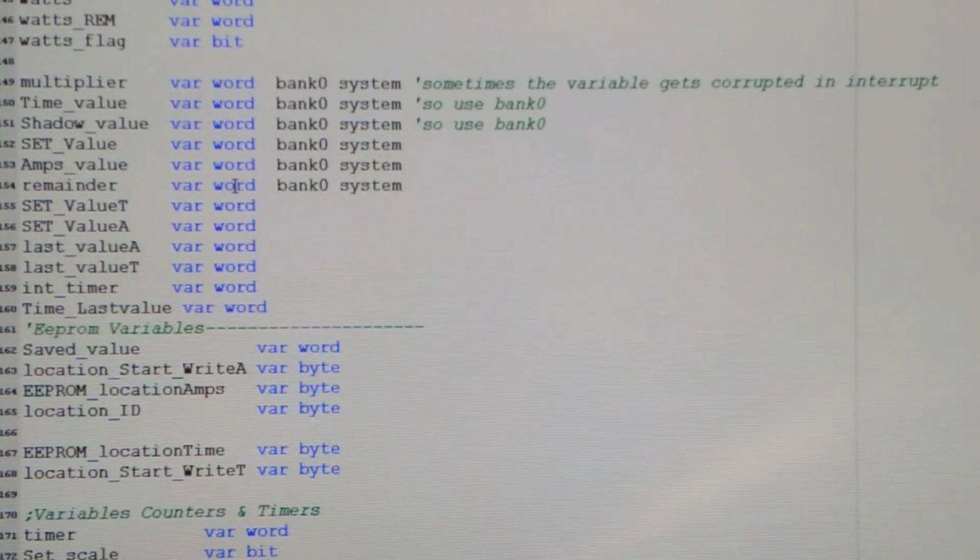Okay. This bank 0, this is regarding where those variables are going to be saved. You could save them in different banks. The reason this is normally used is because sometimes when you go to an interrupt, not as much with the interrupt system that I'm using. In actual fact, I didn't have to do this. But if I was using